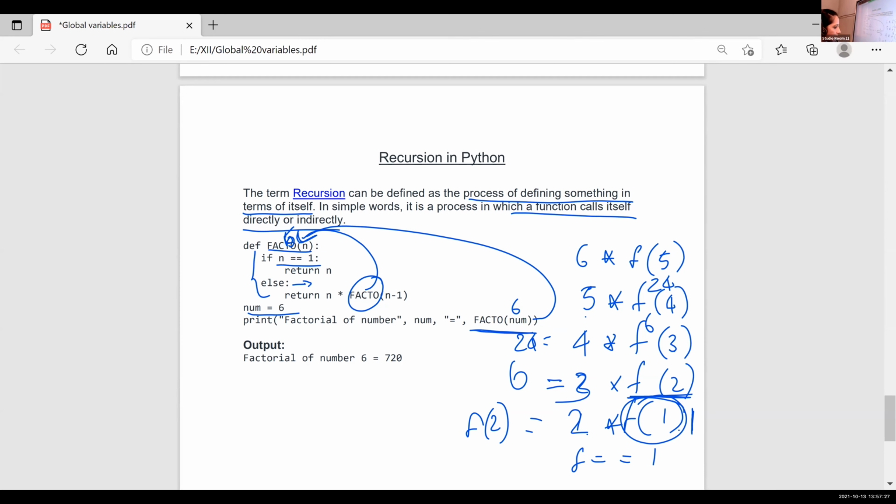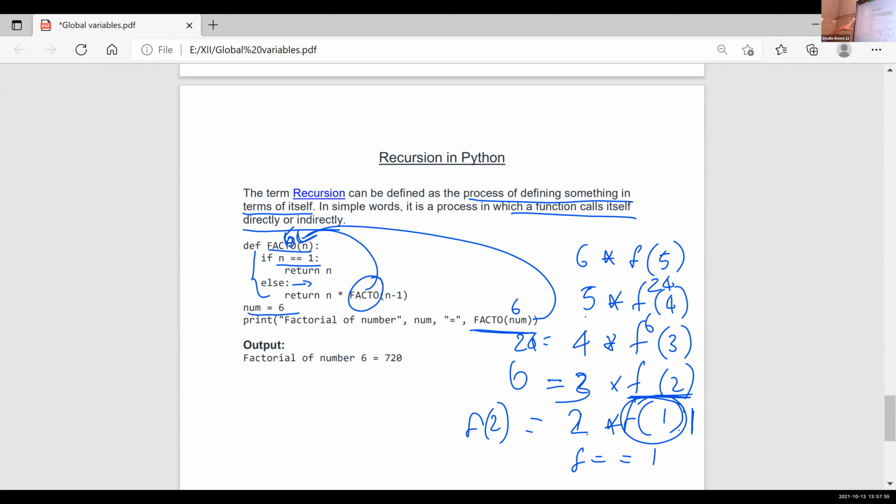Okay, it will display like this. And after executing all the statements, it will execute one by one from the last value. What is fact of 1? This fact of 1 is replaced here. Then you will get fact of 2. Then this fact of 2 is replaced here. And it is the result of fact of 3. And the result of fact of 3 is replaced here, just like that. That is the recursion procedure.